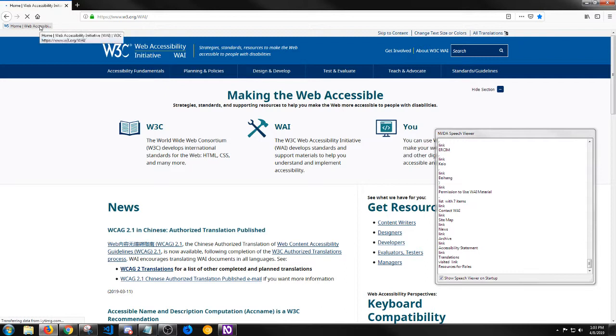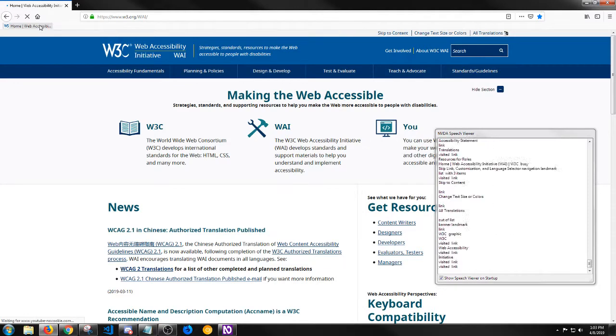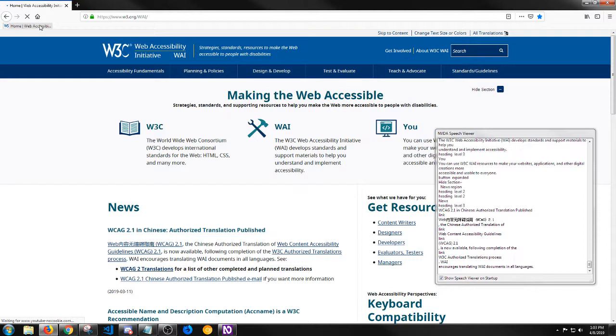Now, if I was to do this again, click on that again, and this time I'm going to press the Insert key to stop it talking. By pressing the Insert key, I managed to stop the screen reader from continuing to read the entire page, which is the expected behavior but not always desired behavior. When I press the Tab key